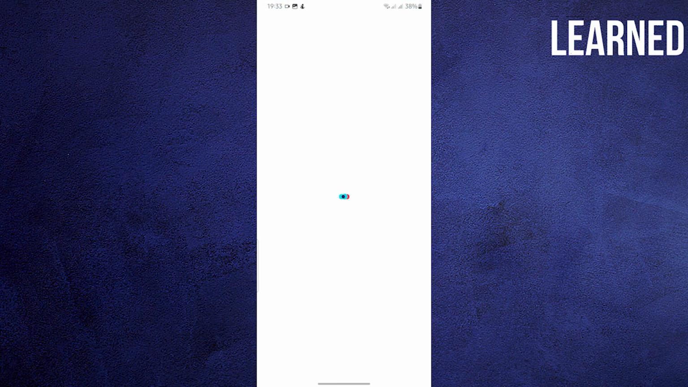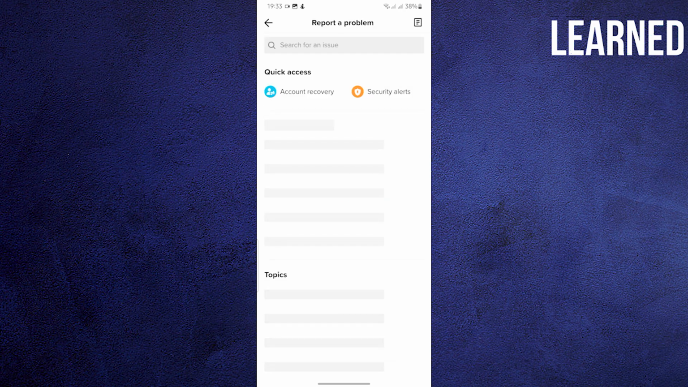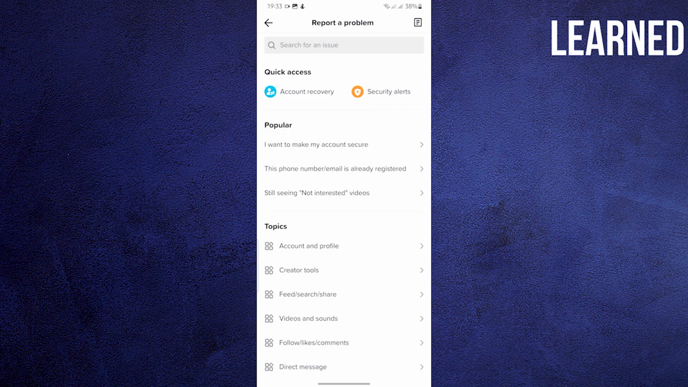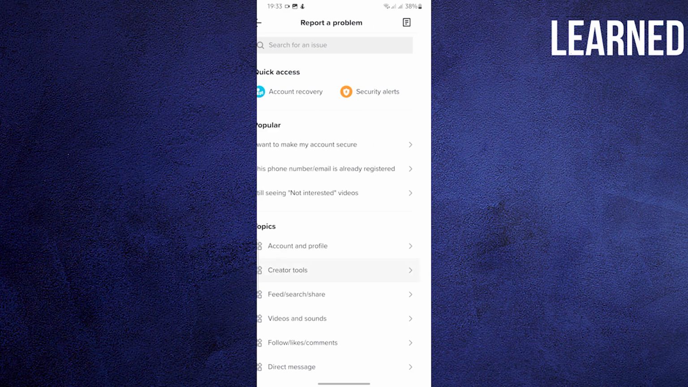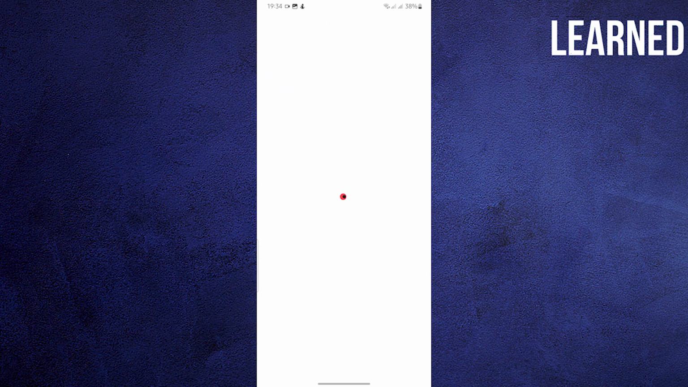This will take some time to load. Once the window has loaded, all you're gonna do right now is search for the issue that you are concerned with. Type in Creator Font not showing up on TikTok. It should all be stated on the window in front of your